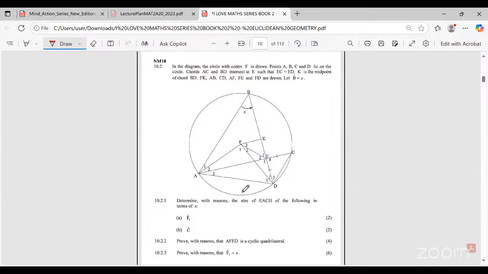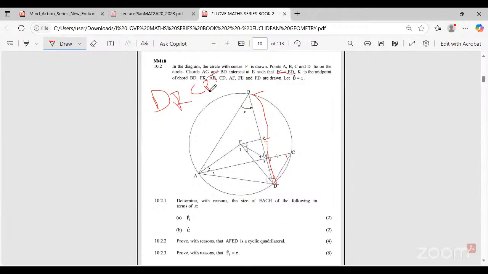And then we are given, this is very important, EC is equal to ED. EC equal to ED means EDC is an isosceles triangle. Therefore, this angle will be equal to that angle, right? Then the midpoint of the chord BD. K is the midpoint, meaning KB will be equal to KD. Let B be X. Now I go to my favorite technique,